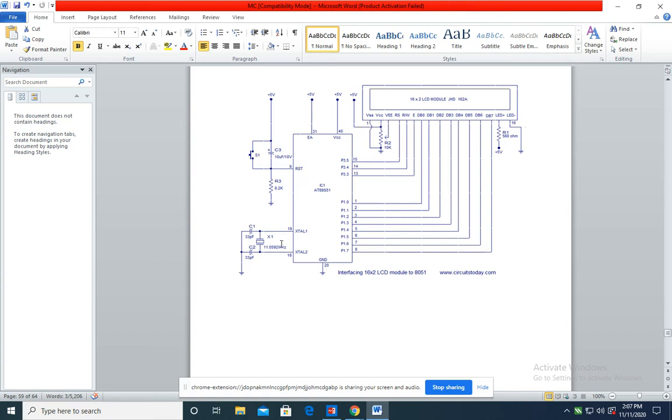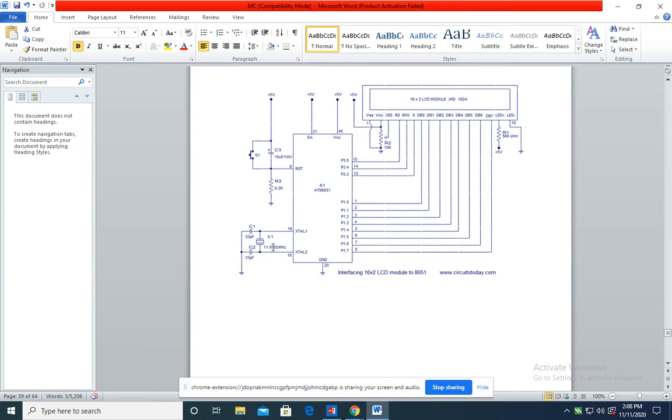The second requirement to run this or any microcontroller is a clock signal. This clock signal is provided by a crystal. You can see here a crystal of 11.059 megahertz connected between the XTAL1 and XTAL2 pins for running the microcontroller. Along with this, two capacitors are used for stabilizing the clock signal.